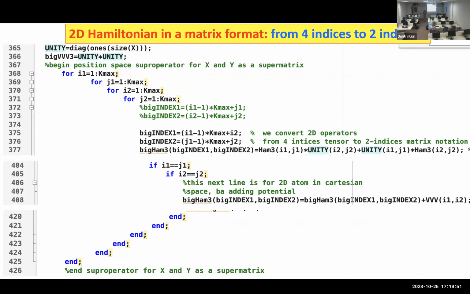We do need an identity operator that will keep a certain pair of indices untouched. So the total number of indices is I1, I2, J1, J2.